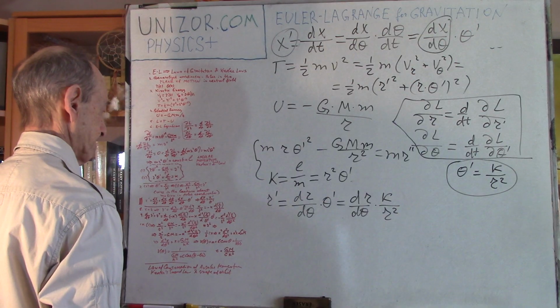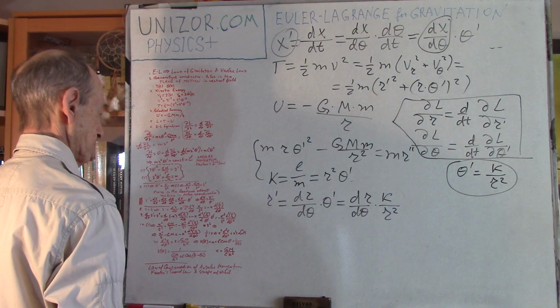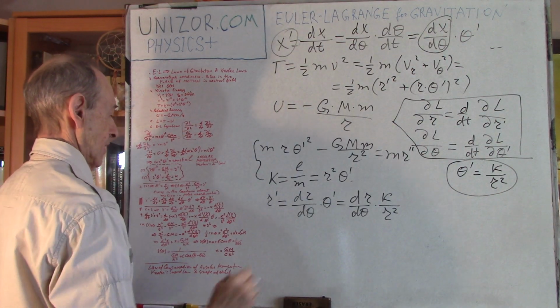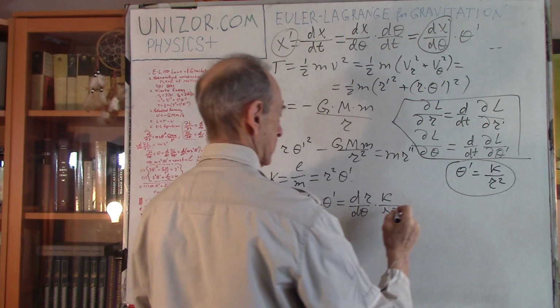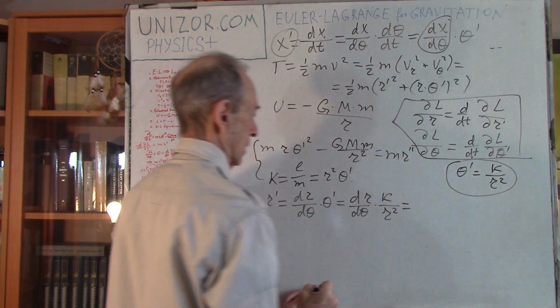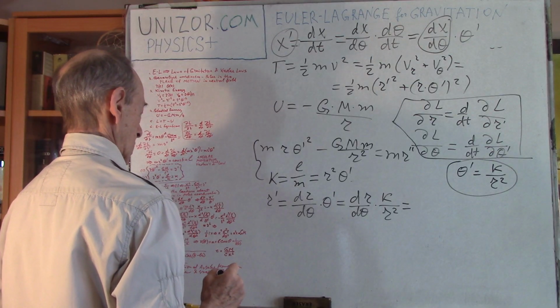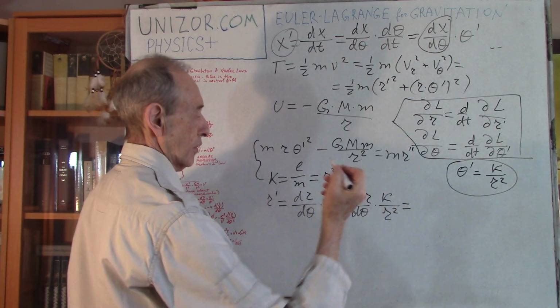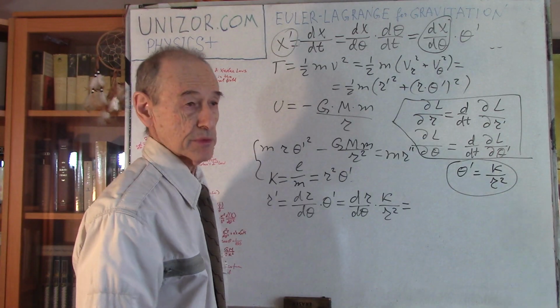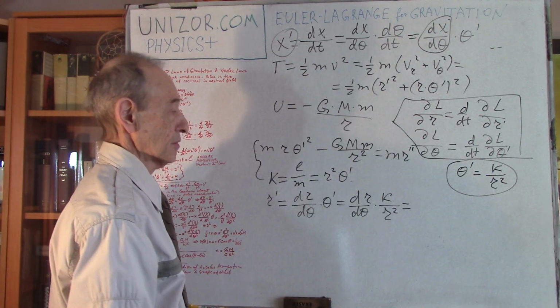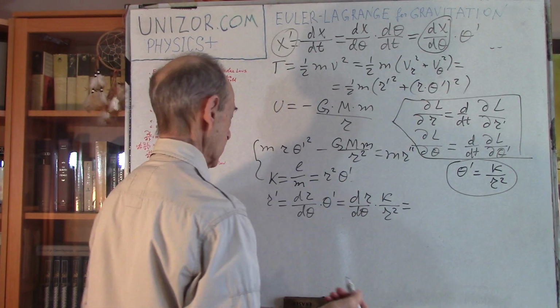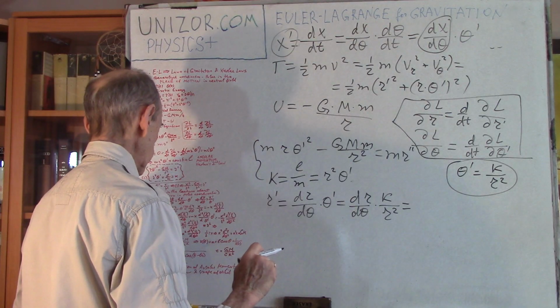Okay? Now, 1 over r squared reminds you, obviously, of the derivative of 1 over r, right? So we will have